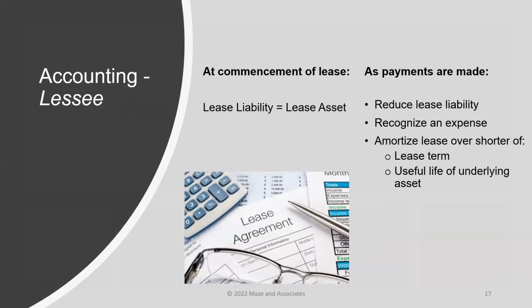The lessee is going to record a lease liability offset with an intangible right to use lease asset at the beginning of the lease. Whether that be the beginning of your fiscal year in the year of implementation, or during the fiscal year as you move forward and have new leases come into play, the lease liability and the intangible right to use asset will equal each other. At the beginning, they equal each other. During the year, they have different amounts because they're going to amortize at different rates. Then the lease asset is amortized over the life of the asset or the lease term, whichever is shorter.